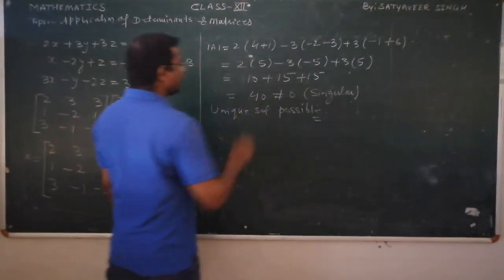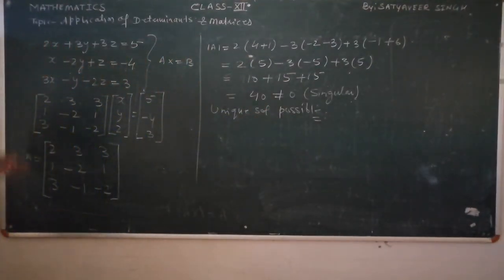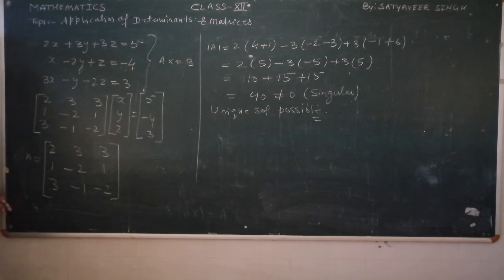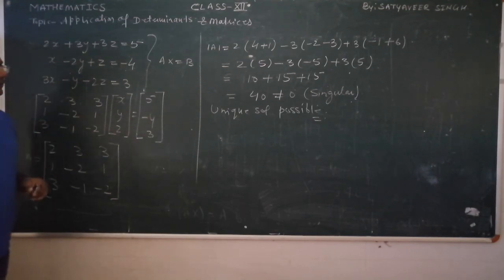Now student, it is your homework. You will have to find out that unique solution. First of all, find out the inverse of this matrix using the adjoint rule, and then find the value of x, y, z. If you have further any doubt, then comment me or talk to me, discuss with me. I'll just explain you in next video where you can find the solution. But you will have to try yourself first of all, find out the solution. You can definitely find out. Thank you.